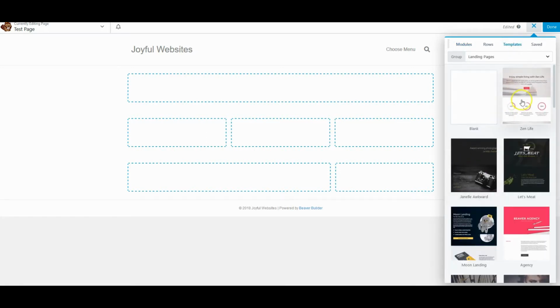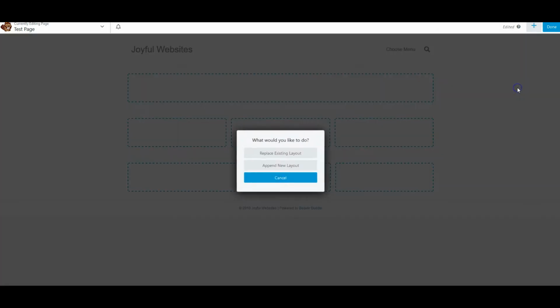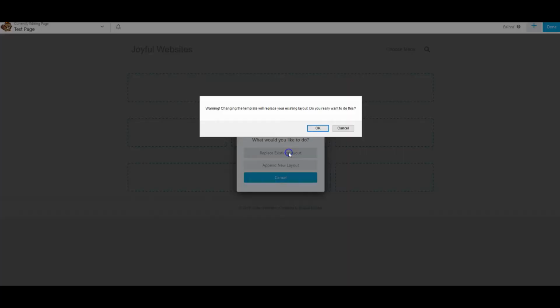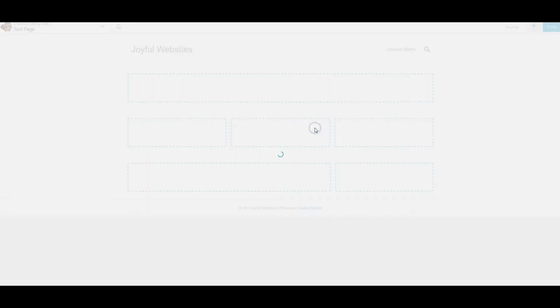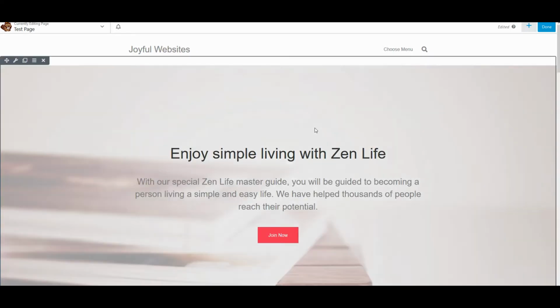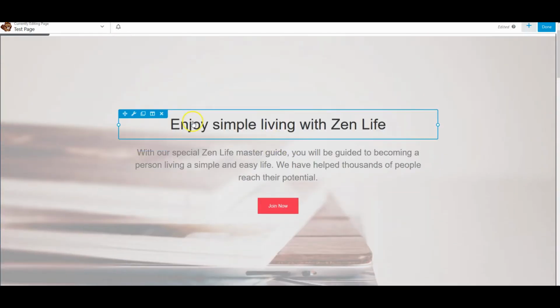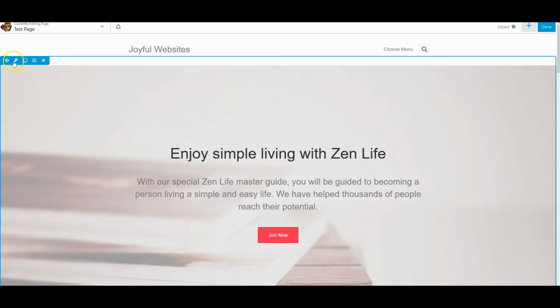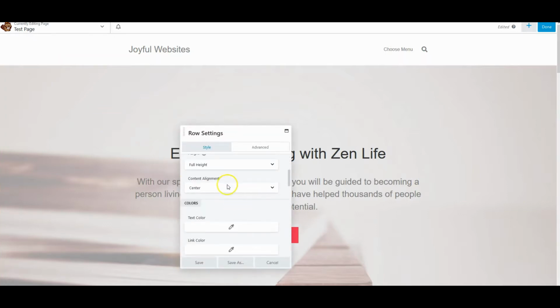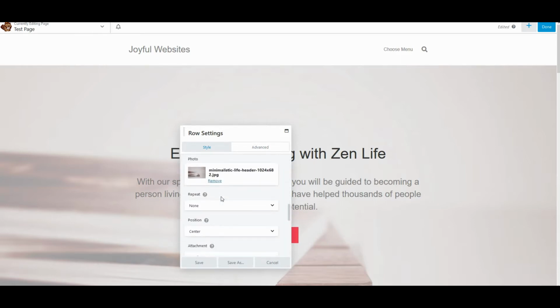Let's play a little bit with a template. That's going to ask me, and we're just going to replace the existing layout because there's nothing really there that matters. And so this is how the templates work. I just picked one, threw it in here, and now I can easily look for the blue box that tells me I'm on that section and make changes. So this, you can see, is full width. Content area here is fixed width, and there you have some other options with colors, type,